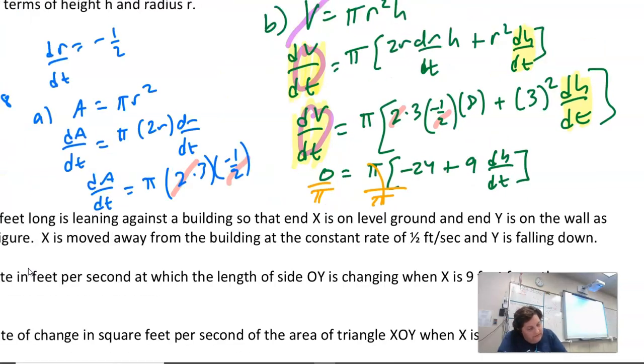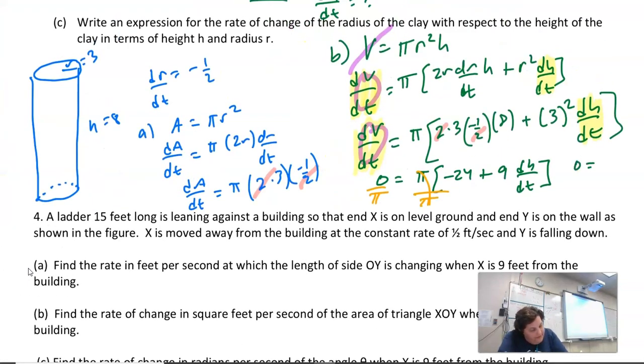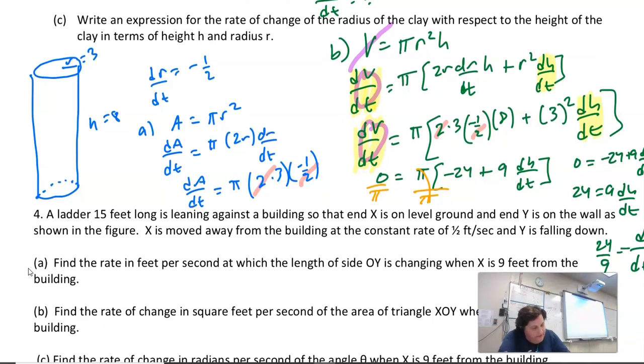So 0 is -24 plus 9 dH/dt. Add the 24 over and divide by 9. So dH/dt is 24 over 9,